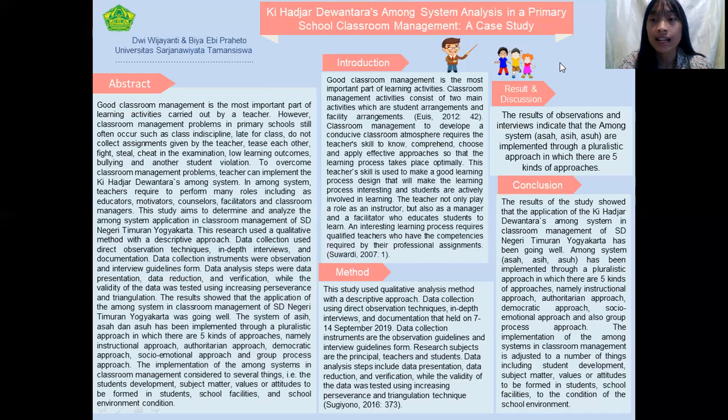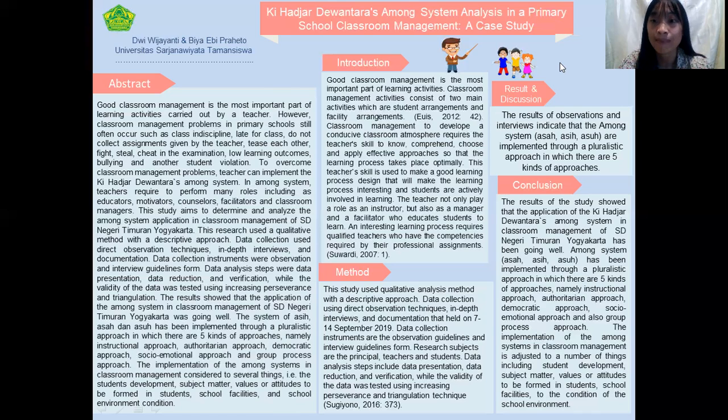An interesting learning process requires qualified teachers who have the competencies required by the professional assignment, by Suwardi 2007. So, the method that was used,